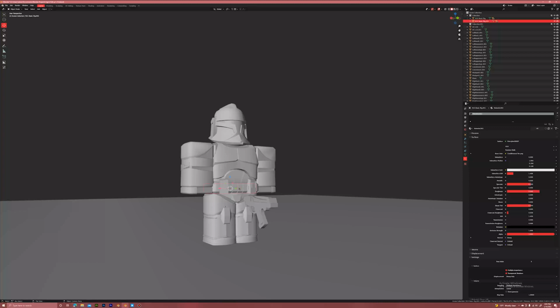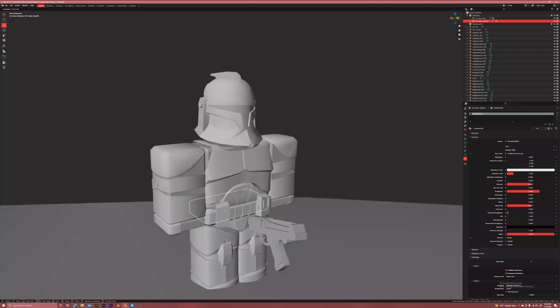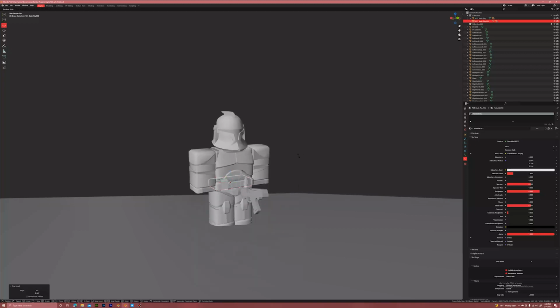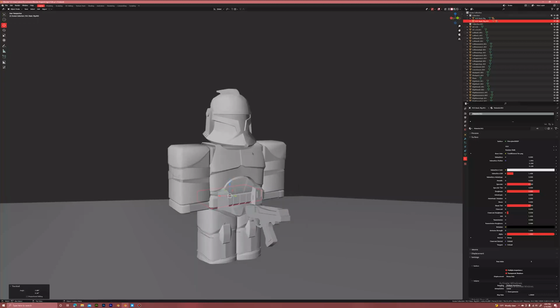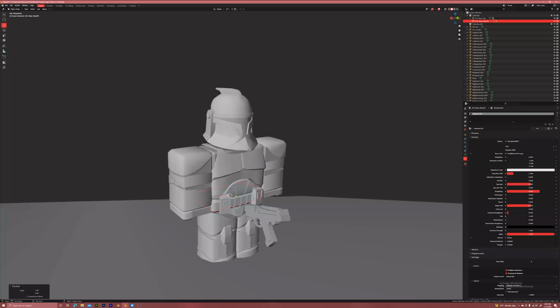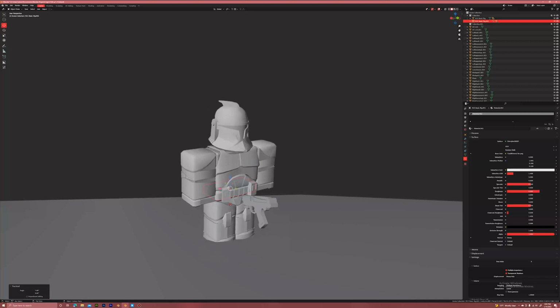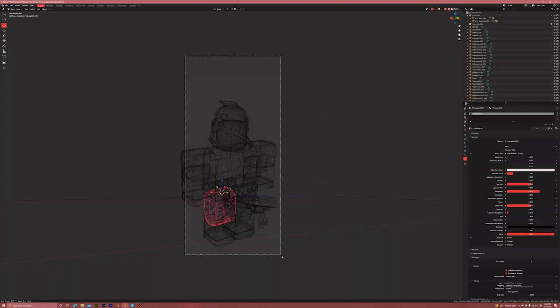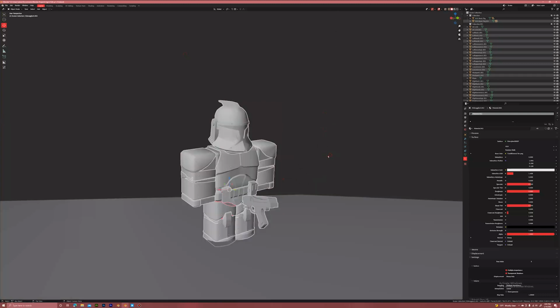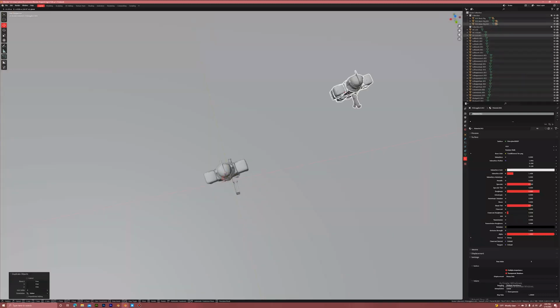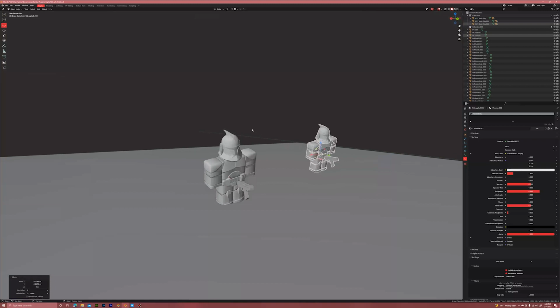I don't remember what I did by complete heart in my thumbnail, but we're going to just try to mimic it as much as we can. This is my main character. Actually, what I also do is I just Shift D, put a bunch down. Let me also Shift A,